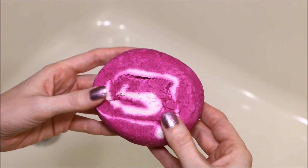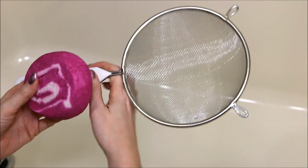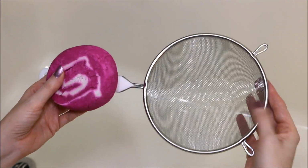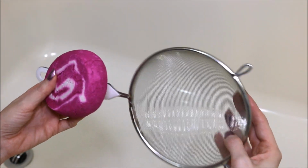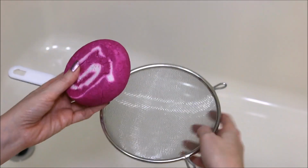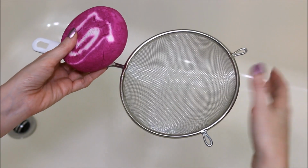making tips. Now I see in the comments a lot, people have talked about using a strainer for making bubbles, and I actually purchased this at the Dollar Tree, and they have various sizes, but I chose the bigger one that they have. The benefit I see to this is that it will break up your bubble bar pretty completely, so you're not going to have the crumbly bits floating in the water, which I personally don't like